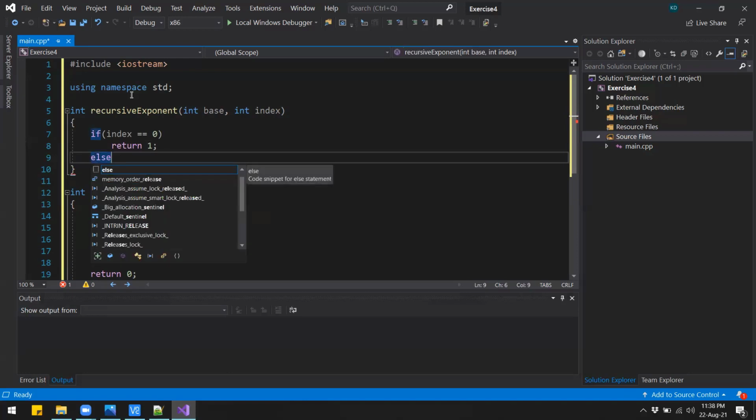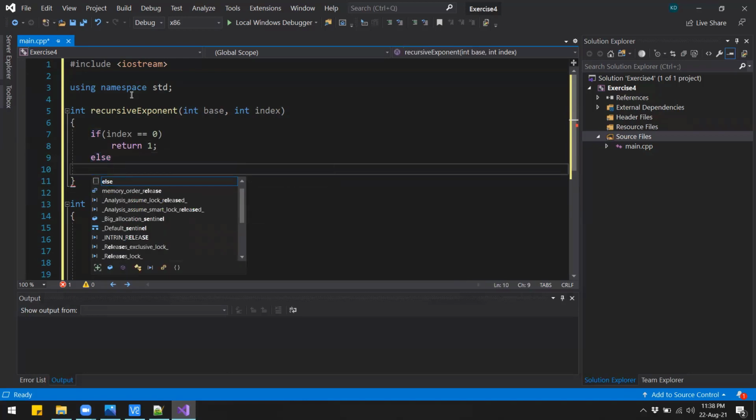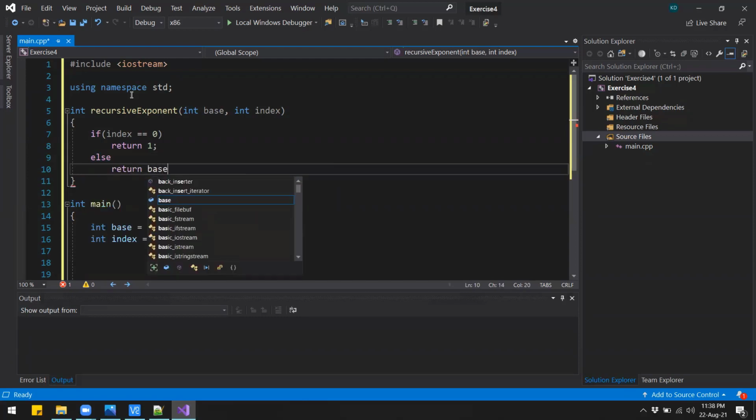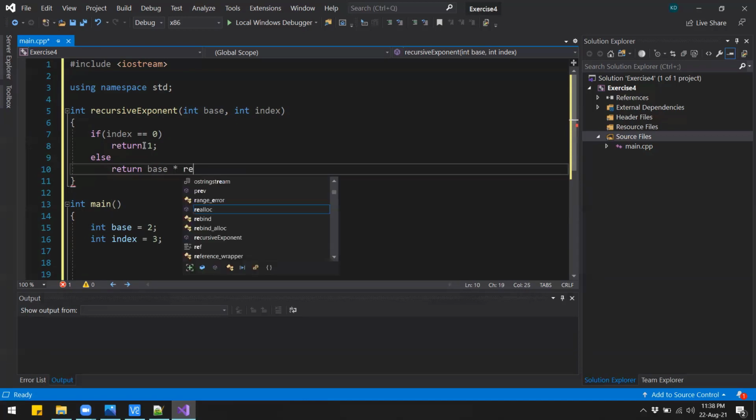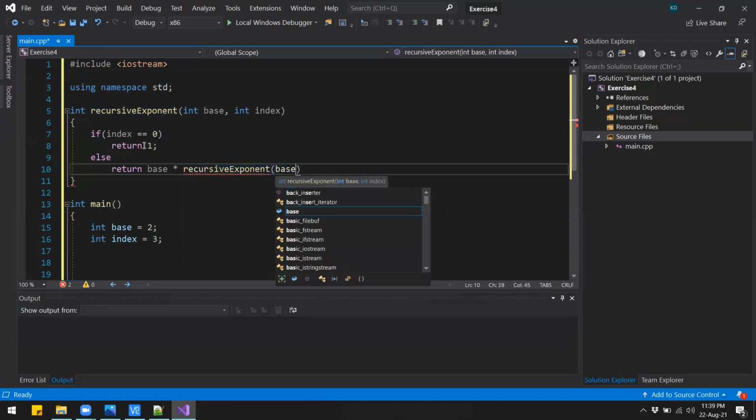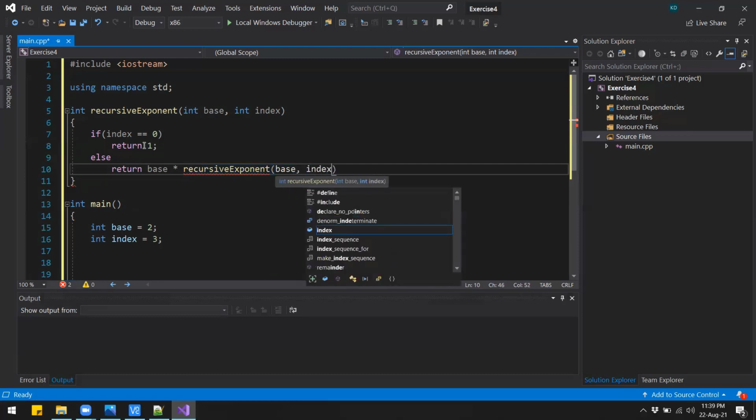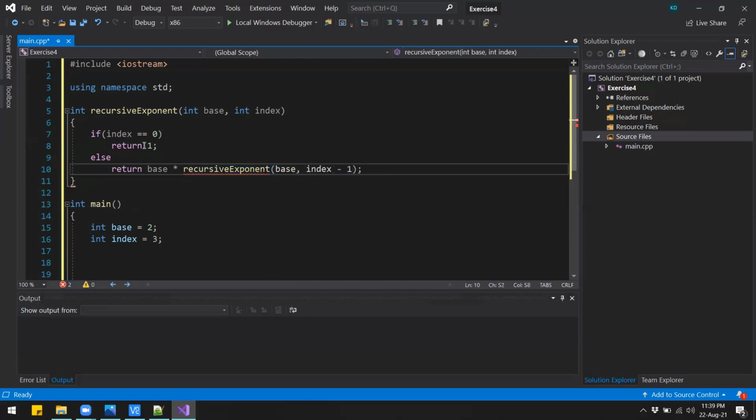Else, if the index is not 0, that means it is some other value 1, 2 or 3, then in that case we will need to return base, which is, let's say, 2 times the value of 2 power index minus 1. So that is same as writing base times recursive exponent of base and index minus 1.